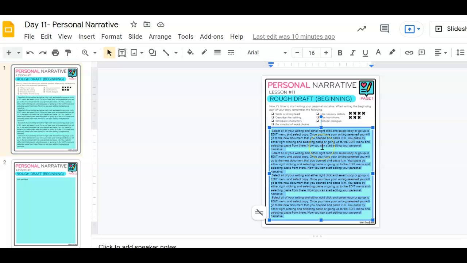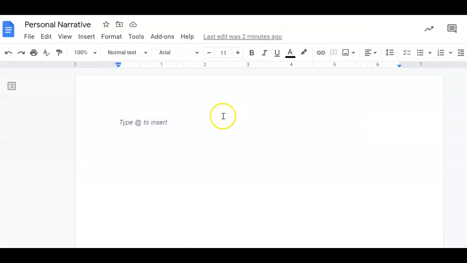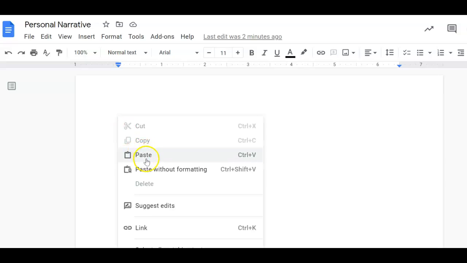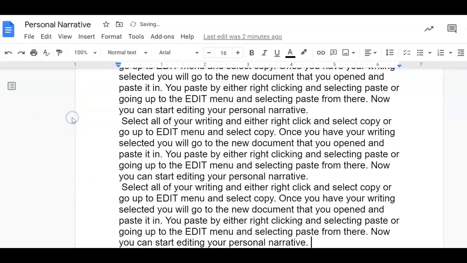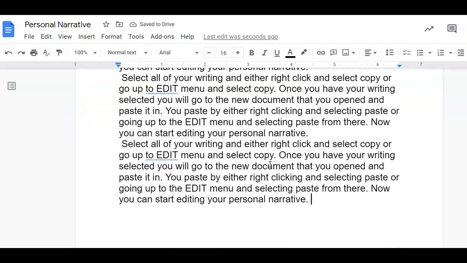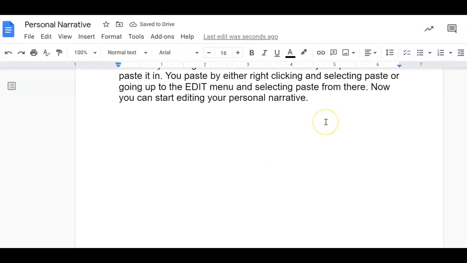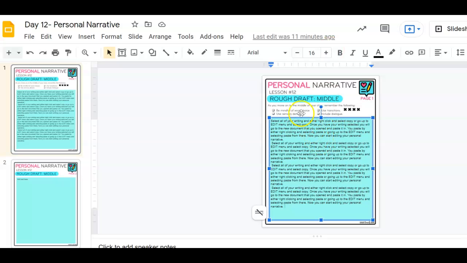Okay, so you have this highlighted. Then we're going to click back into our personal narrative document that we just created. And where your cursor is, you're either going to do right click and paste, or up to file and click paste, either way. So everything is here, okay? Then you can hit return, and then you're going to go over to your day 12, which is the middle,